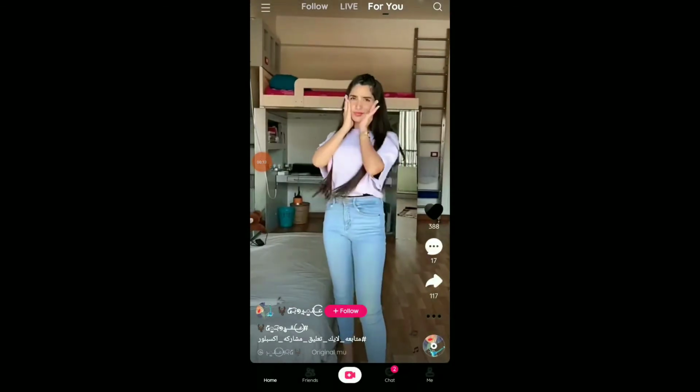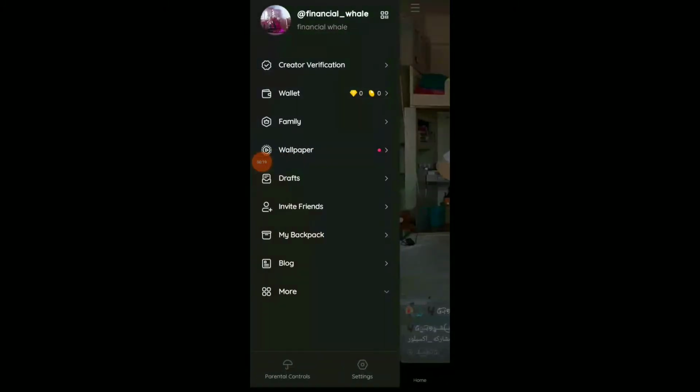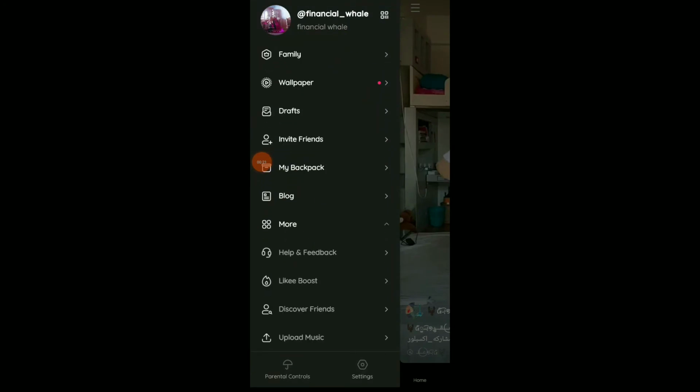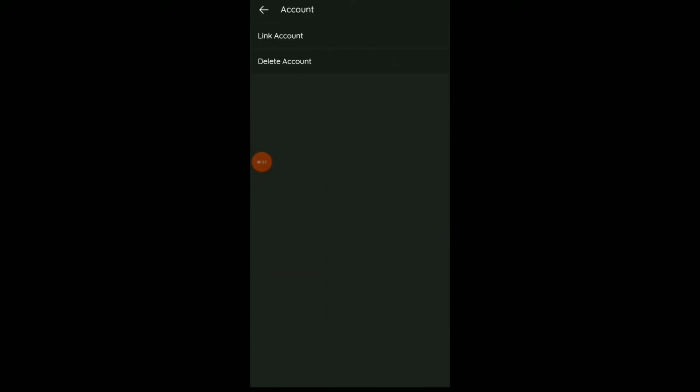So first thing, go to your Likee. Once you are here, go to For You page and click on those three lines up there, and here click on Settings, and you're gonna find account, which is the first option. Click on it and you have the second option, which is delete account. Now wait for a second,